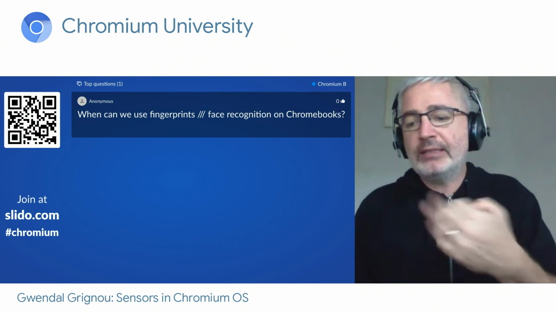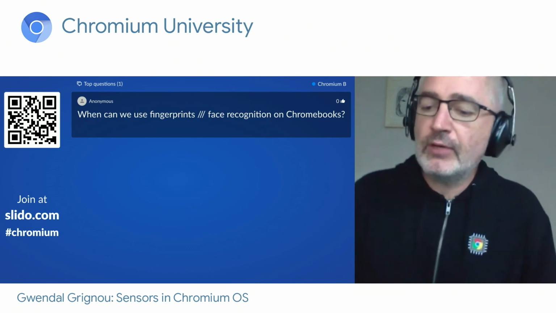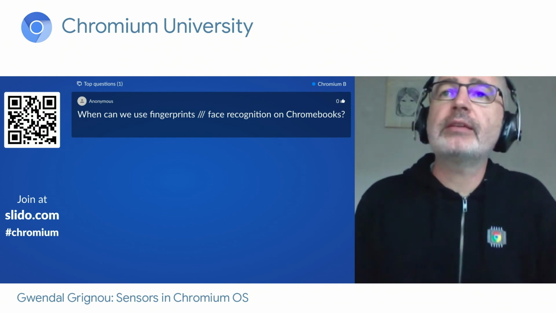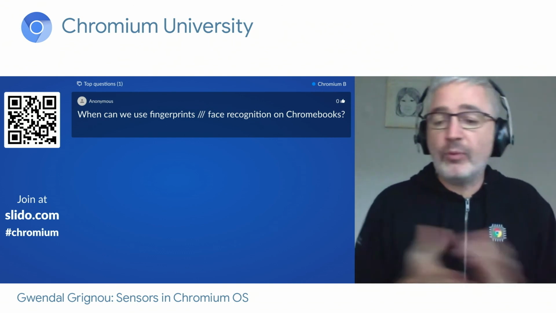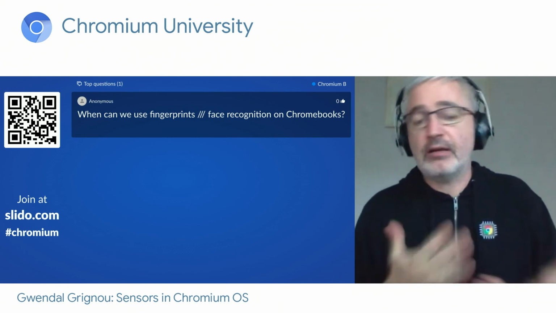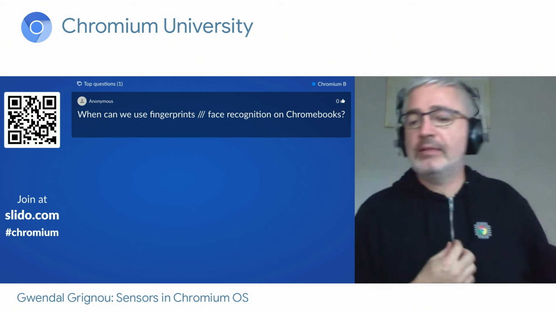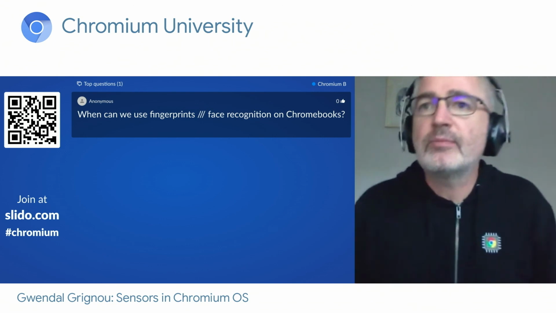It has its own embedded controller for security reasons, and it's usually connected to the host via serial port. But I think the main limitation for fingerprint is cost. The technology is there; it's on the mid-tier and high-end, where it makes sense. We're already working on fingerprint sensors. On the low end, it doesn't make too much sense.